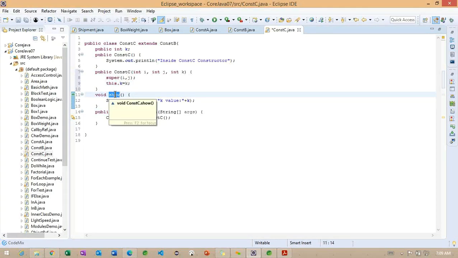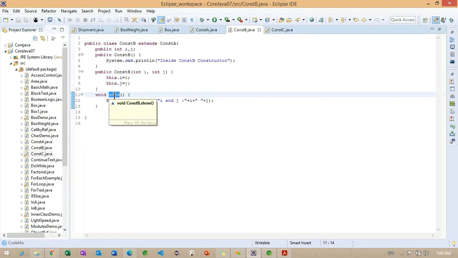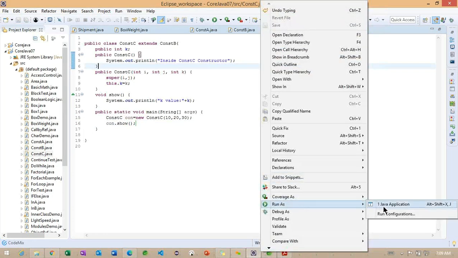we need to focus more on this particular method here. If we observe, the same method is available in constructor B, and the same method I'm going to create in constructor C. Right. Now here I'm going to use the parameterized constructor, to call the parameterized constructor. After calling this, whenever I call this particular show method, we'll observe which one is going to execute here, because we have two methods.